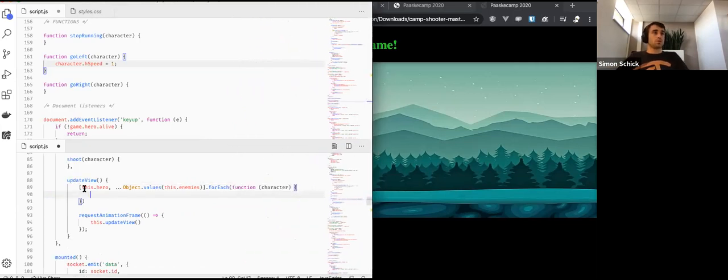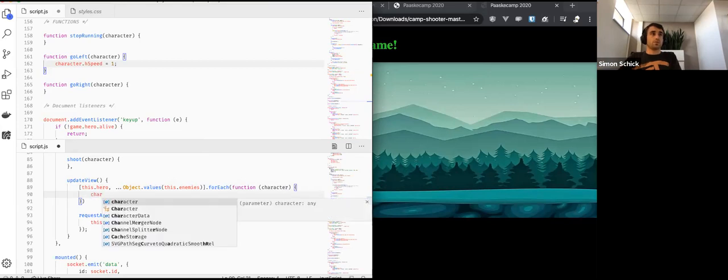So it looks like that. Here we are creating a list that contains all characters, my hero, and all the enemies. The enemies will come a bit later. And for every one of them, I will do something. And if now this character, in this physics function,